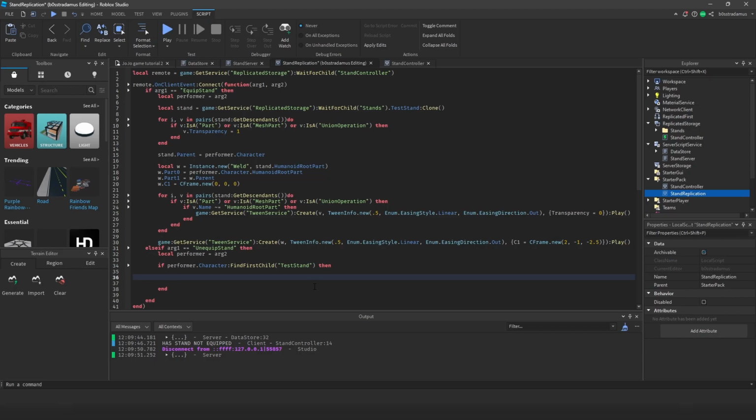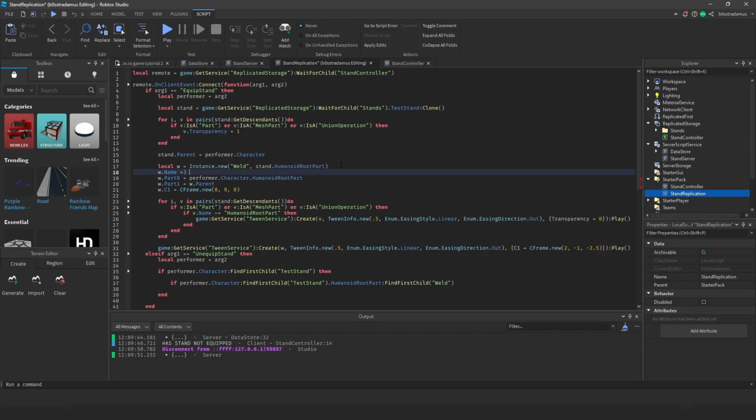Okay, so what has to happen now is that we have to find this weld. So if then this test stand humanoid root part find first child weld. Let's actually give this weld a name so that it is easily recognizable. So w name stand weld. All right, so if something called stand weld exists inside of our test stand's humanoid root part, then we want to continue,